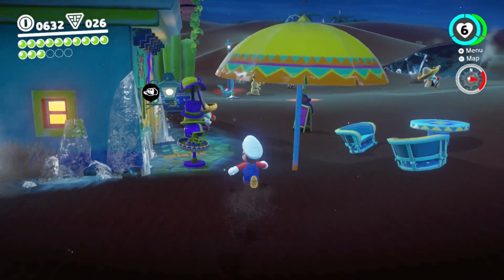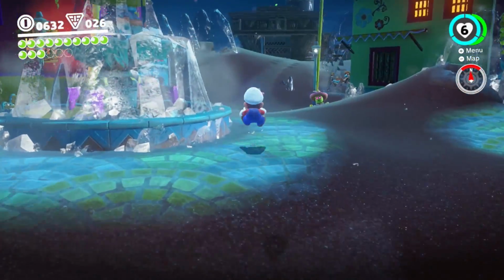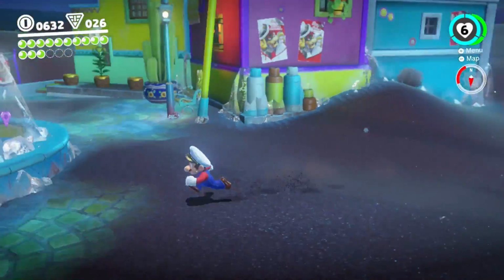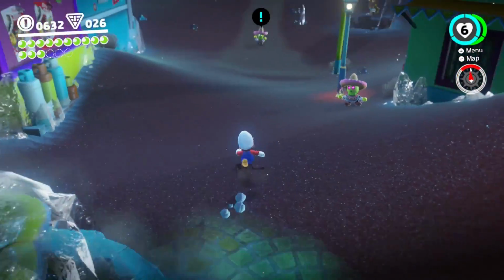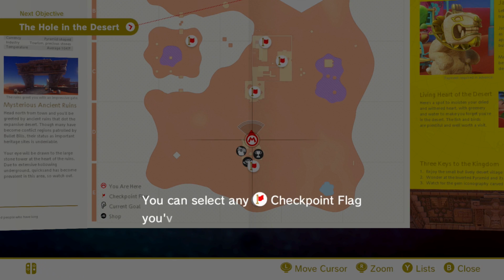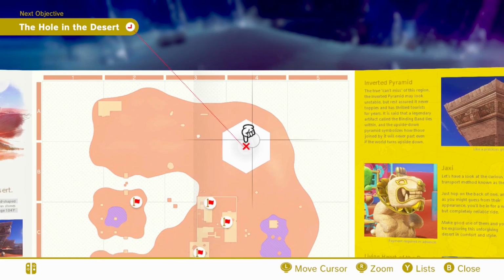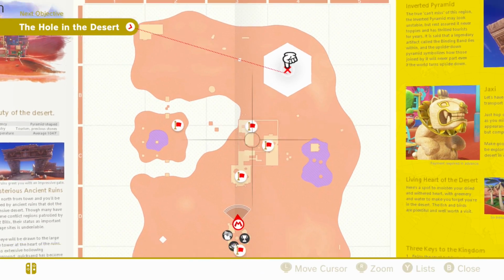I think we learn quick travel soon, and there's also this taxi guy. I don't know if I use the taxi guy right away. I know that when I finish most of the star collection in this world, I come back and wander around for like 20 minutes. I cut all of that out, but on my own I did wander around for 20 whole minutes